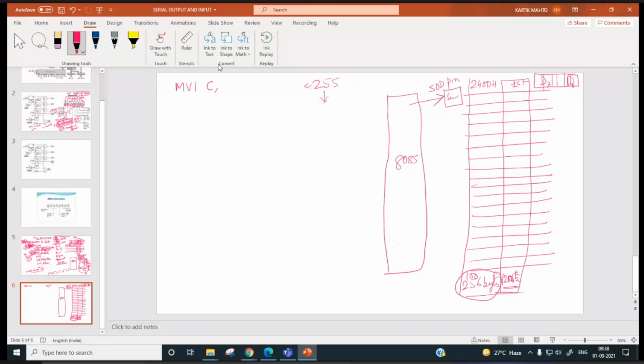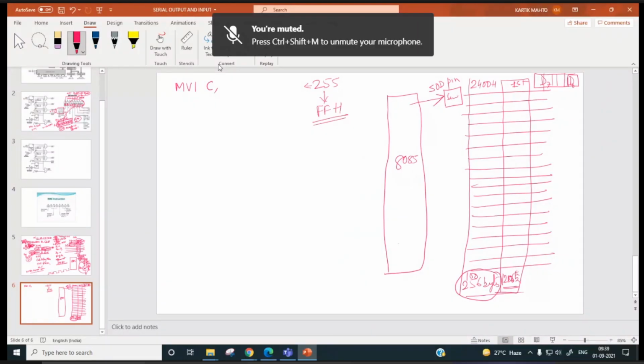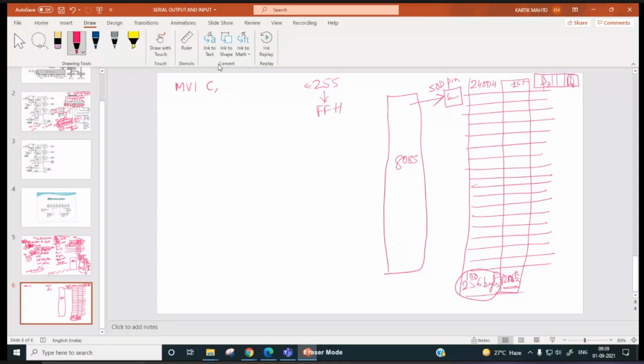Sir, FF. FFH will be the count value for 255. So for 256, sir, 100 it should be. Right. So if you put count value 00 over here,